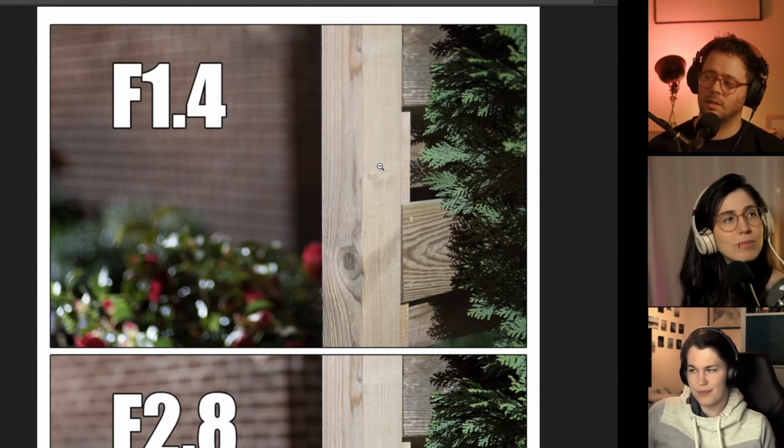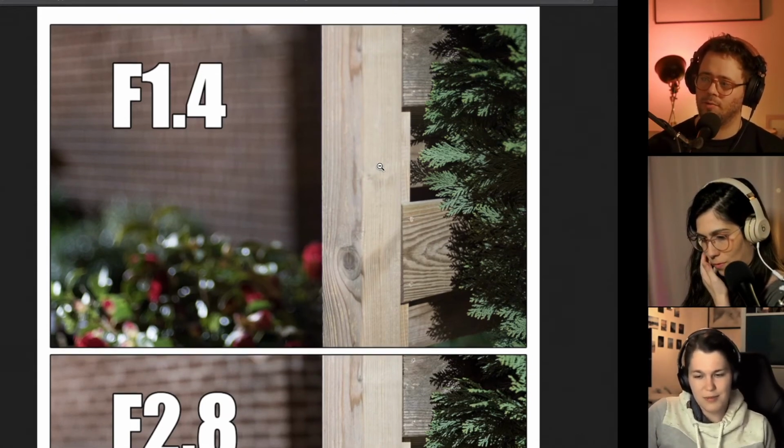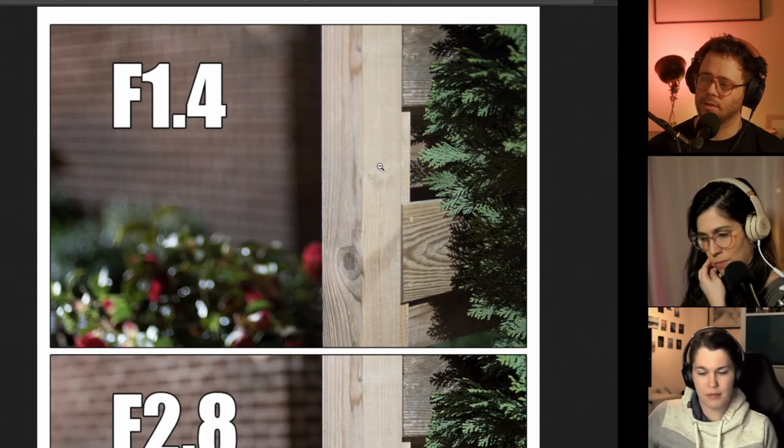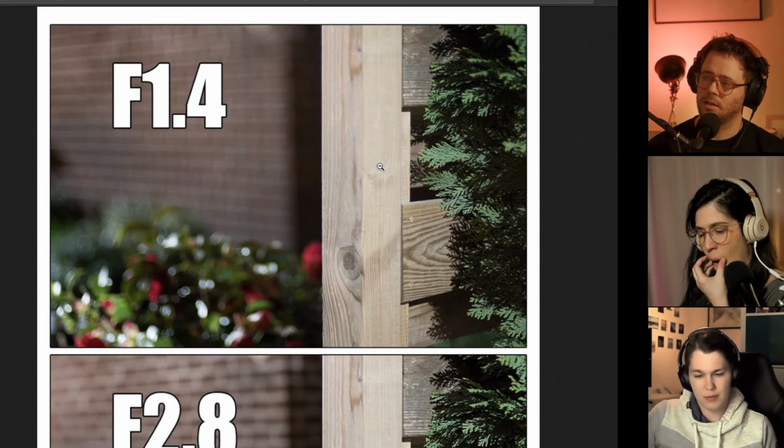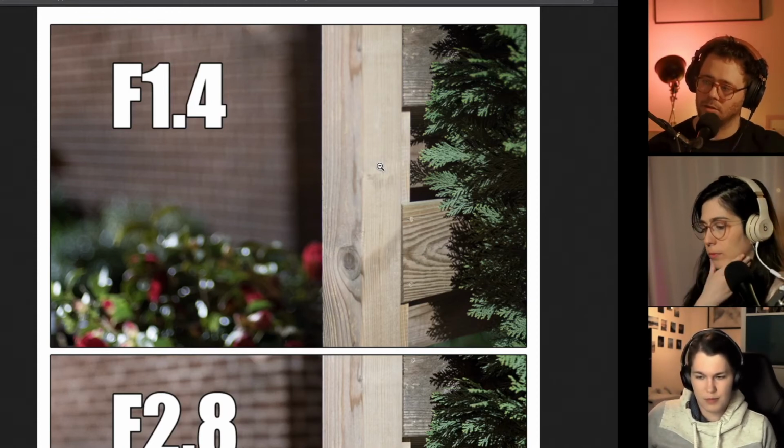This is the image you asked me for, Janet, the one that Cedric took. So here we have f1.4, and we can see that the depth of field is very thin, basically just covering the fence.